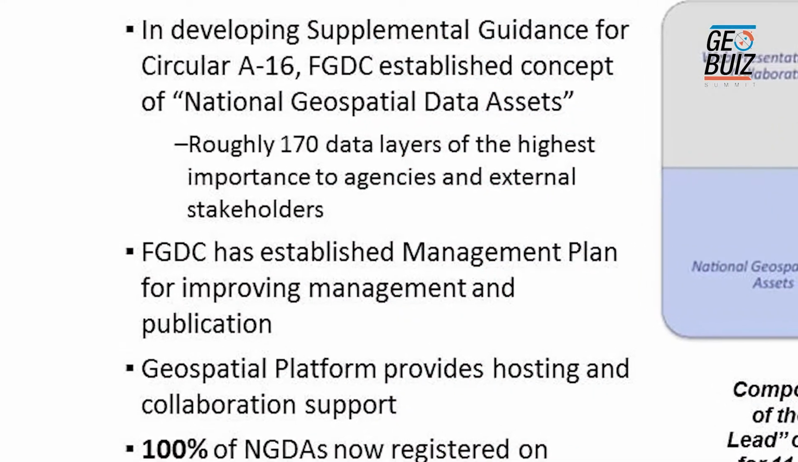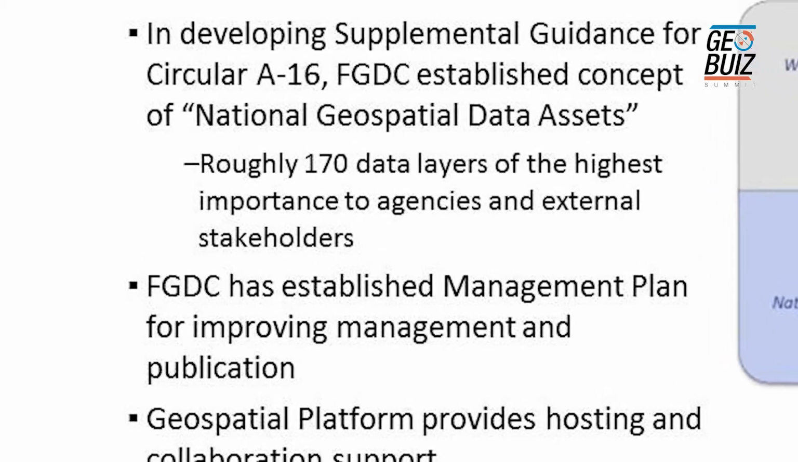Today, and this is going to be a dynamic list, there are going to be calls to revisit this and to add and remove things from the list as time goes on, but there are roughly 170 data sets that were identified in that process. And from the standpoint of the policy of what the FGDC is trying to do, these are the most important